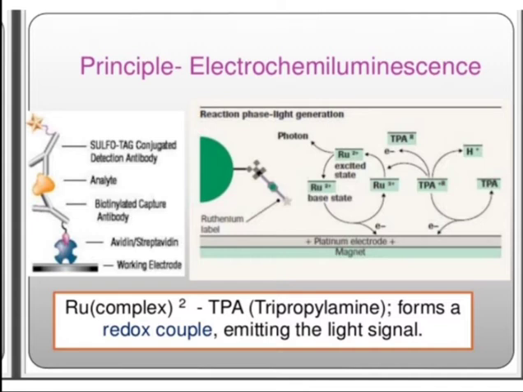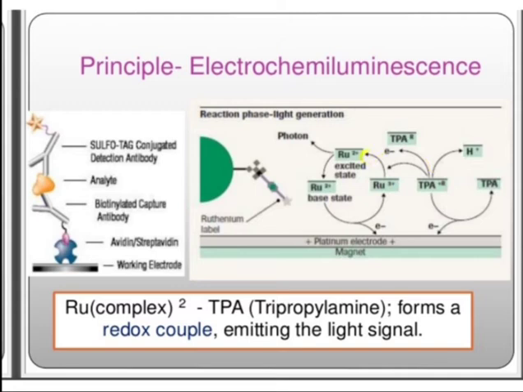The one electron lost by TPA will be absorbed by ruthenium 3 plus, and there is a formation of ruthenium 2 plus. Means simply, ruthenium 2 plus and TPA complex formation occurs there. That means ruthenium 2 plus is formed after absorption of one electron by ruthenium 3 plus, and this is the redox couple reaction. From this reaction, see here is the TPA and here is the TPA plus, which forms after emission of the one electron.